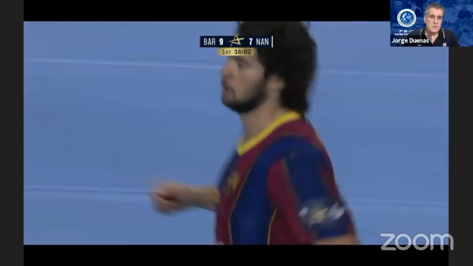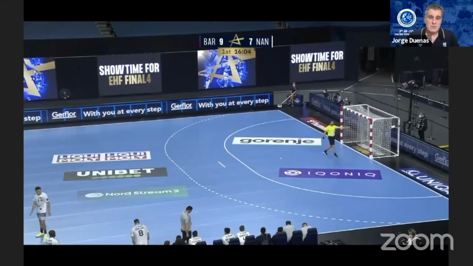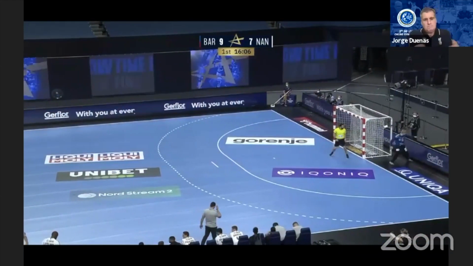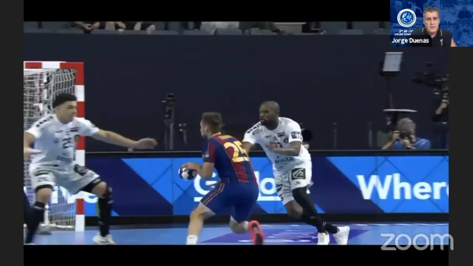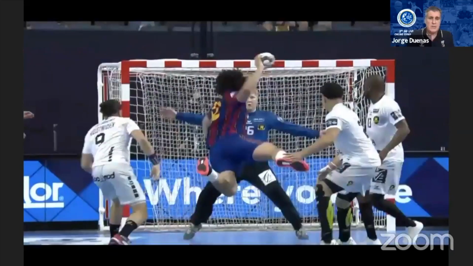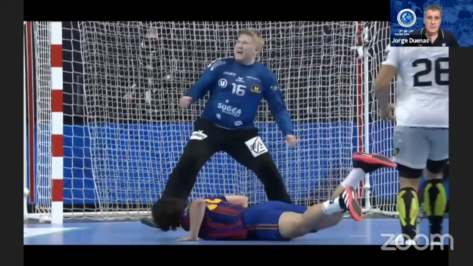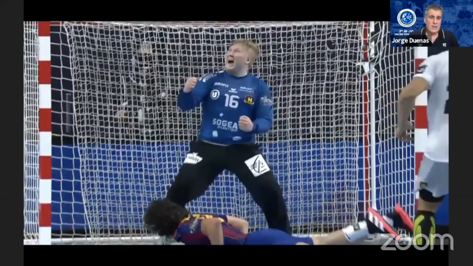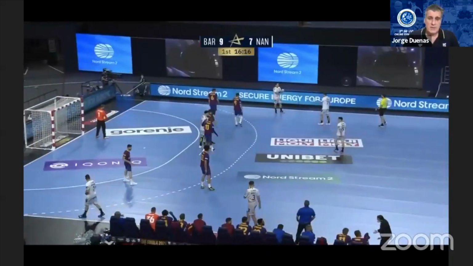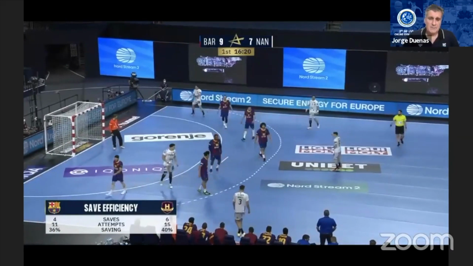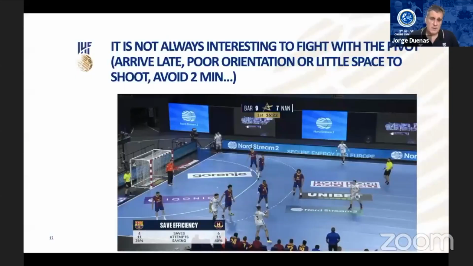Maybe the situation for the goalkeeper is better because the shot of the line player is not so clear, and I think sometimes it's better for the goalkeeper to get this kind of shot than the 6 meter shot. So I think that